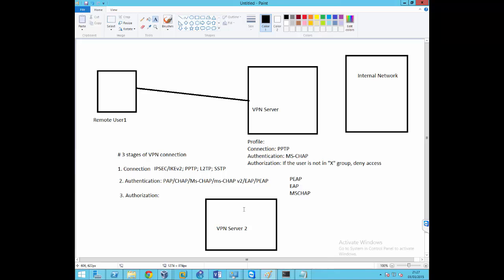So that guys that are connecting from the Asia region can connect to the Indian VPN server. Guys that are connecting from the North American region can connect using the North American VPN server. So you can have a situation like that. But what this means as an administrator is you have to go to this VPN server and configure the same